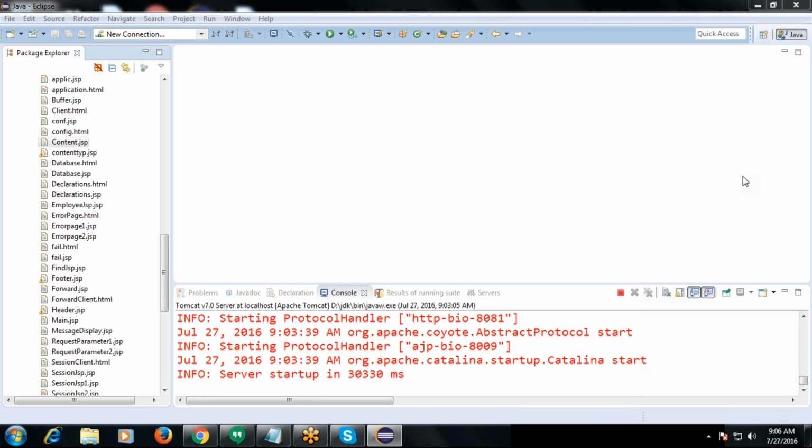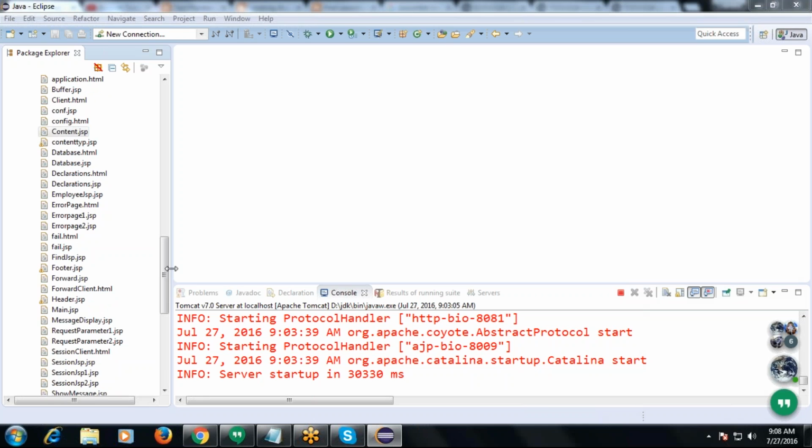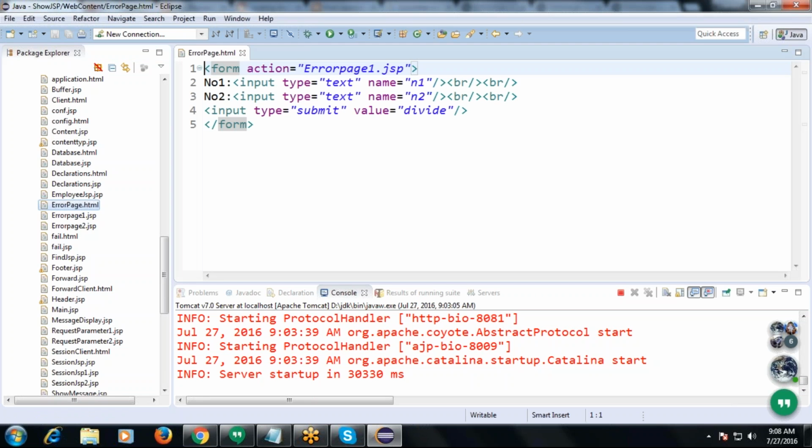Right now, we are going to discuss how to handle exceptions from JSP. What is meant by an exception? We already discussed that in previous sessions, right? Yes, Venkat: abnormal termination of the program.